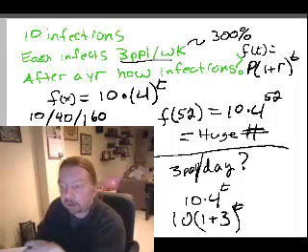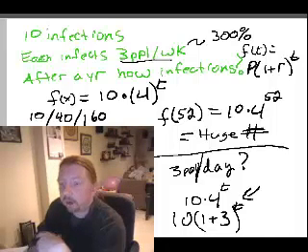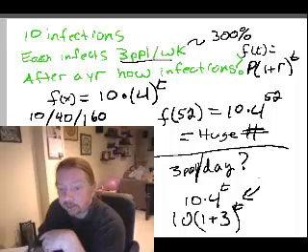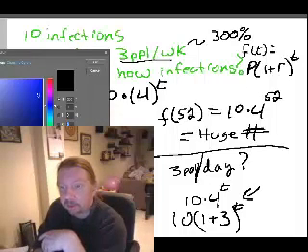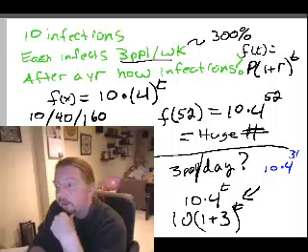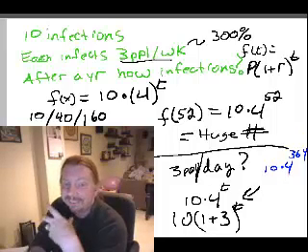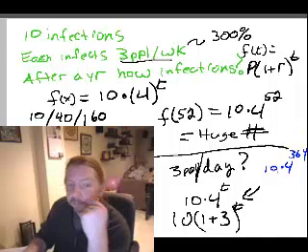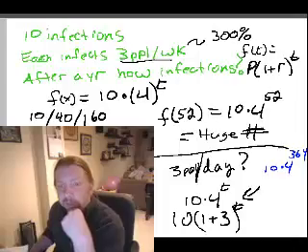Now, the difference is that t is no longer in terms of weeks, it's in terms of days. So when I set up my equation to figure out what my infection numbers looked like after a year, I would be working with 10 times 4 to the 364th power instead of 10 times 4 to the 52nd power. That's the only real appreciable change I would see there. Let me push this one into the